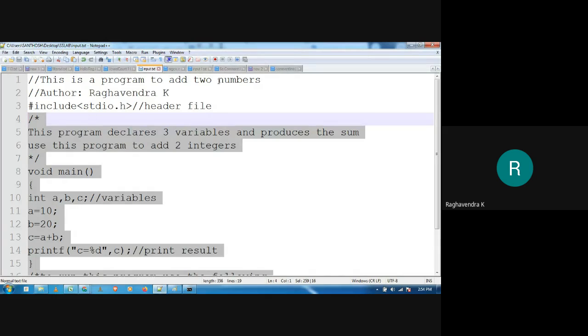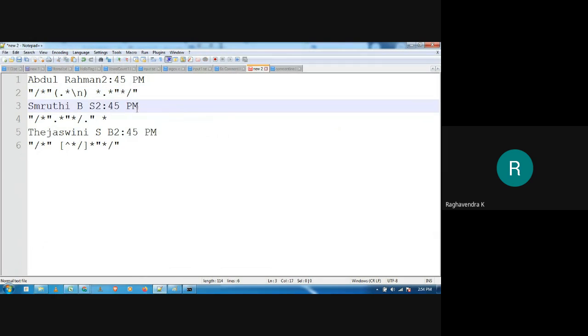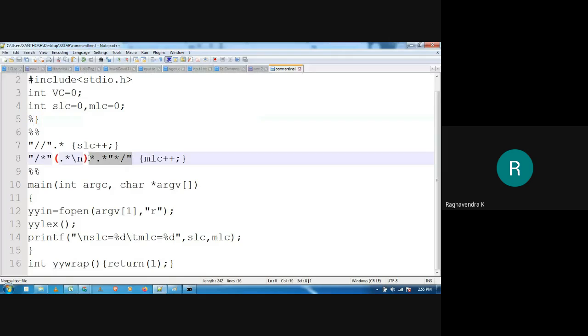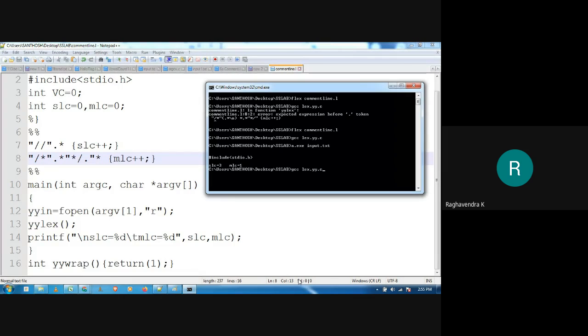Okay, so let me try out the other regular expressions that have been written. Obviously this might also be wrong, but I'll try it out. Let us see what will happen. You also can try things out, otherwise you will never get the idea. Let us first compile.